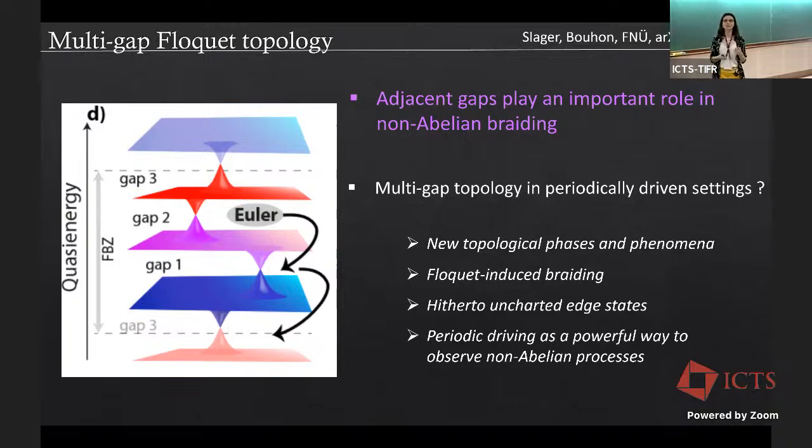The answer to this question turned out to be really interesting: there are new phases that come through braiding through this anomalous gap. And then we can do this braiding in a Floquet-induced way. So,